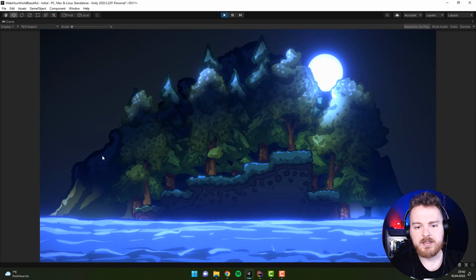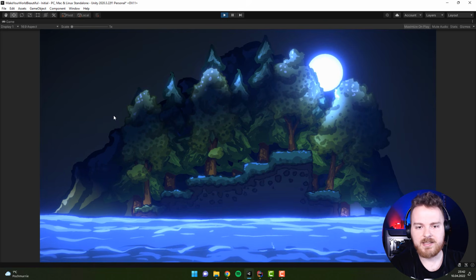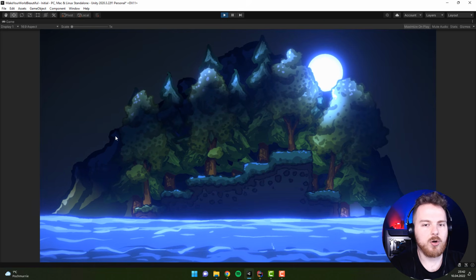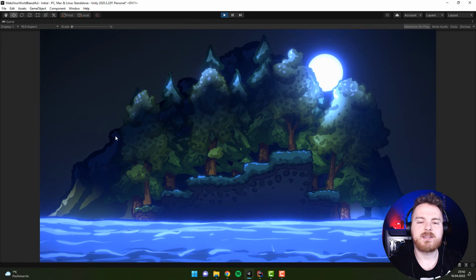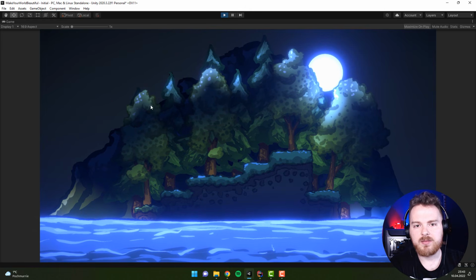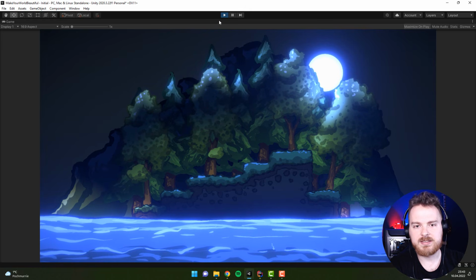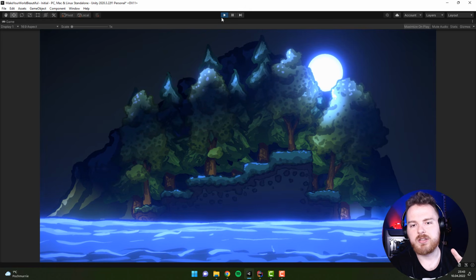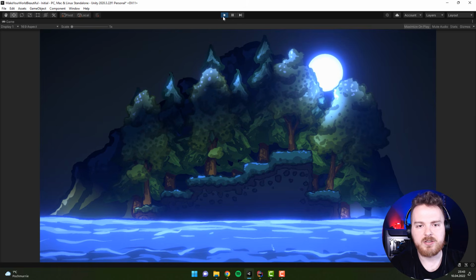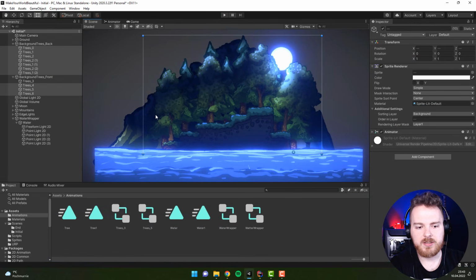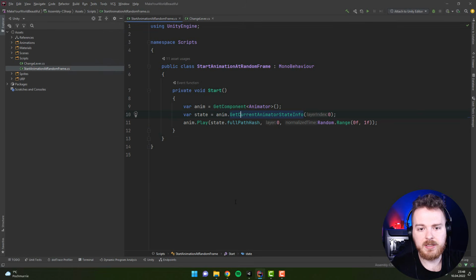The only thing that kind of doesn't let me go is that they all move in the same direction at the same time. So I created a small script that randomizes the initial frame of the animation. Let's have a look at it. It's an extremely simple script. It's called start animation at random frame, and the only thing it does, it has the